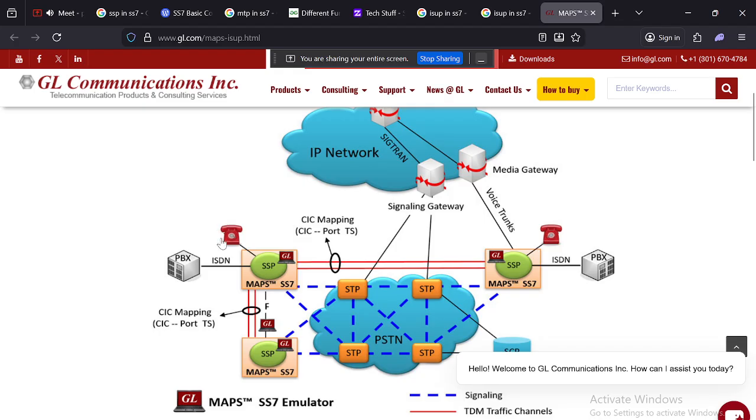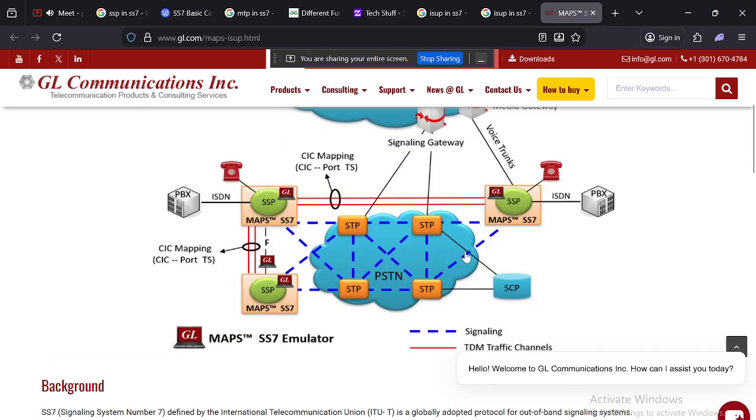If you are client 1 and you try to call, it first goes to an SSP, then to an STP, then to an STP again, then it goes to MAP. It takes the HLR address. If the home database identifies it, it sends directly to MAP, then the call rings automatically.